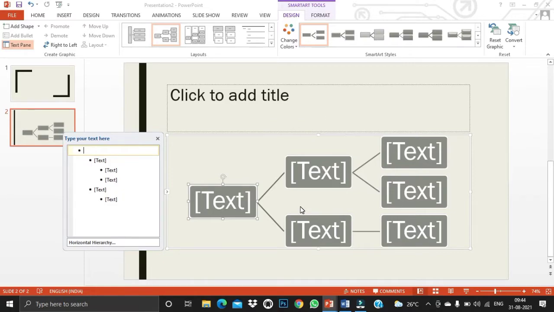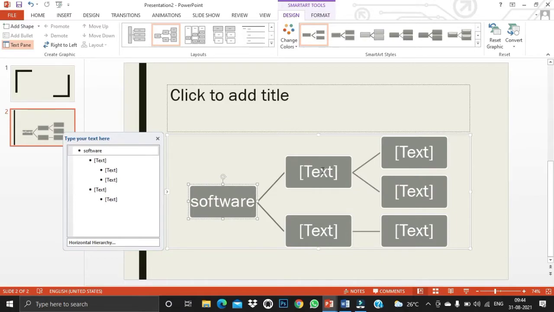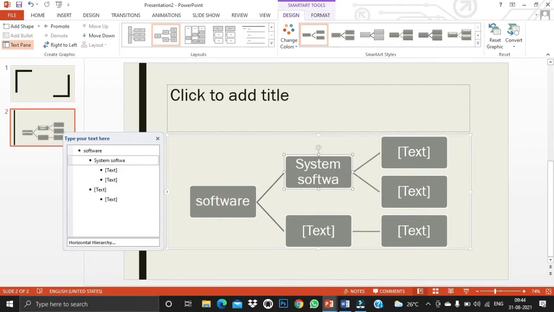inserted to our slide. So I'm just going to type. So the very simple topic, I'm going to type software. So the two types of software are there. One is system software, another one is application software.